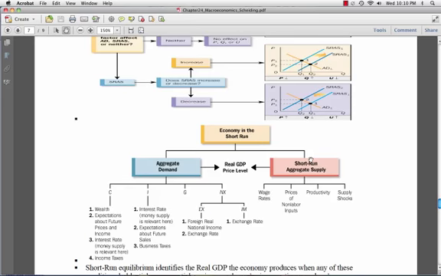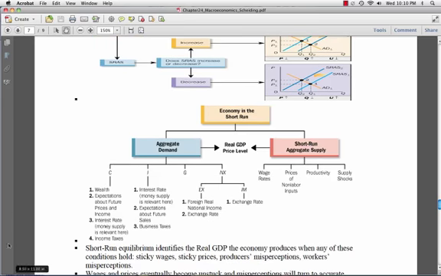Now, this is a very important part here. Make sure you spend some time looking at it. Basically, these are all of the possible events I could give you right here. If I give you one of these events, any of these events here would actually shift